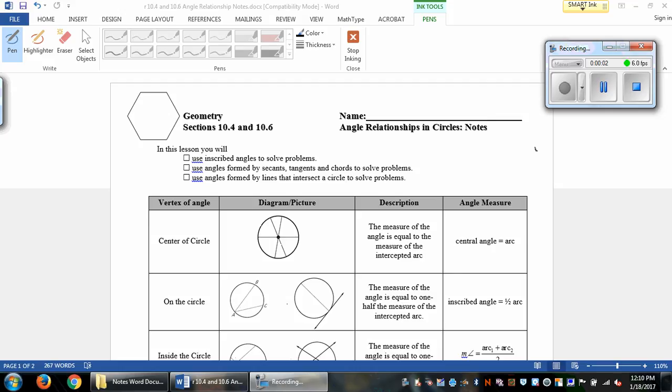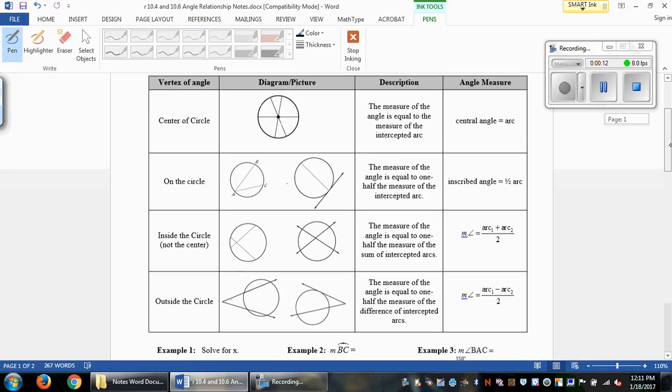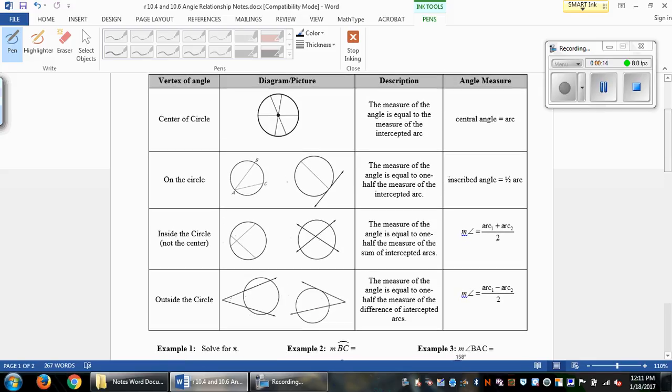These are the 10-4, 10-6 angle relationship notes for circles. So we're going to go through a lot of different things today. You've got the diagrams here about what we're looking at. So we have central angles, inscribed angles, and then we have arcs that start either interior or exterior, and that'll